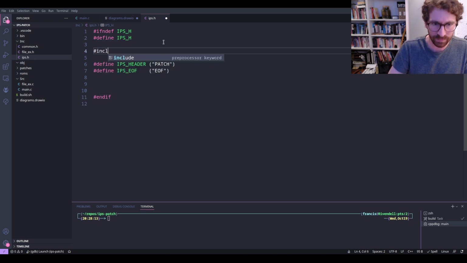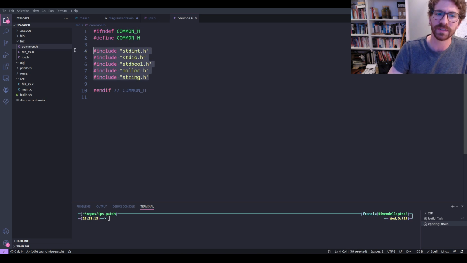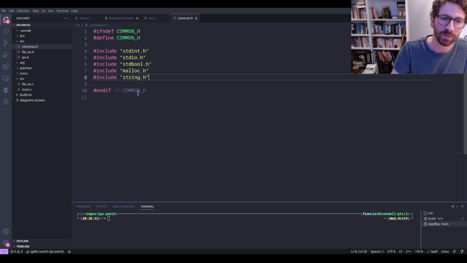I'm going to include a header here called common.h, which I think I didn't mention, but common.h just includes some other C standard library headers. So things that we can name our types sensibly, like stdint and stdbool. Standard IO is for doing things like reading files and printing to the screen. Malloc is for dealing with allocating and freeing memory, and string is in there because, well, obviously we